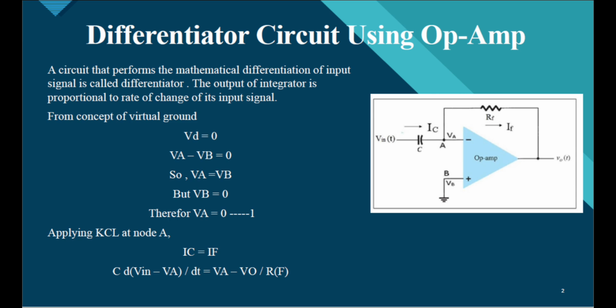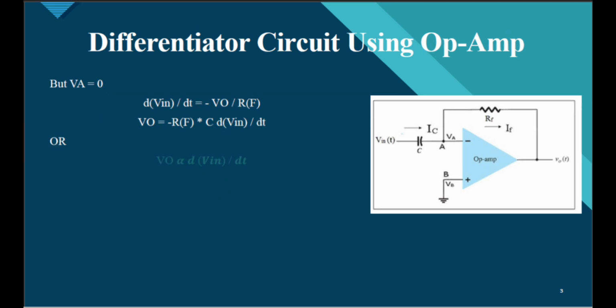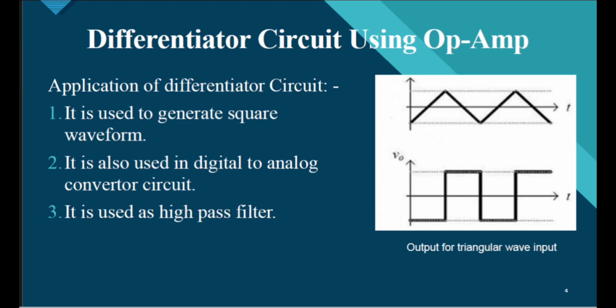So from the concept of virtual ground, VD is 0, and we also know VA minus VB is 0, so VA is equal to VB, but VB is 0, so therefore VA is 0, equation 1. Now apply KCL at node A, so IC is equal to IF, so we can write C into d(V in minus VA)/dt is equal to (VA minus V naught)/RF. VA is 0, so C d(V in)/dt is equal to minus V naught upon RF. Then V naught is equal to minus RF C d(V in)/dt, or V naught is directly proportional to d(V in)/dt. The output waveform of the differentiator is shown below, and it is used to convert the